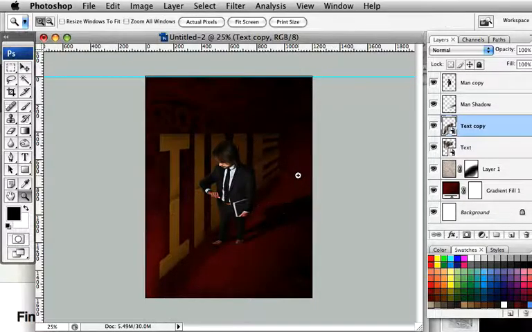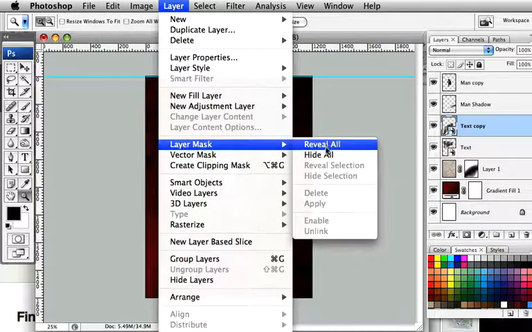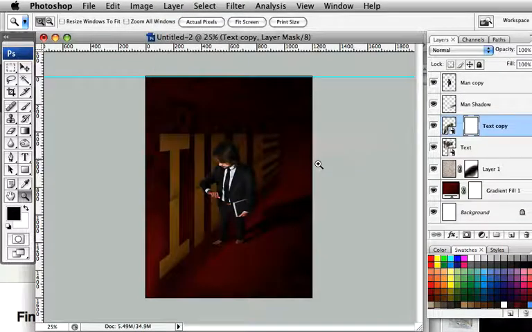Okay, and then hit enter. And then we're going to do a layer mask on that new layer, and we're going to do reveal all. Is that right? Yeah. Do reveal all, and then we're going to paint in with a black brush,